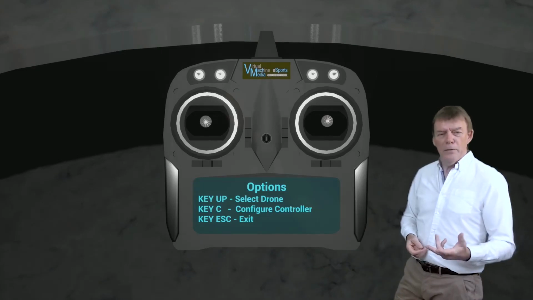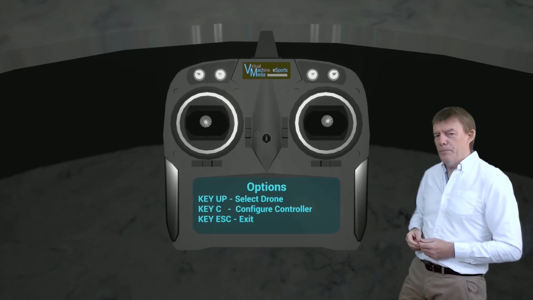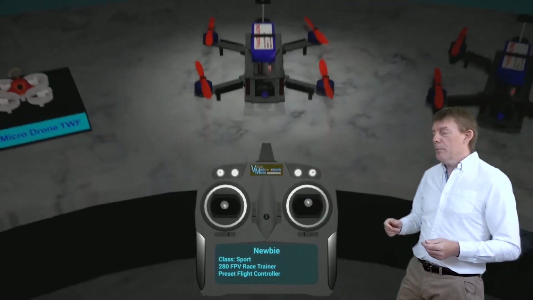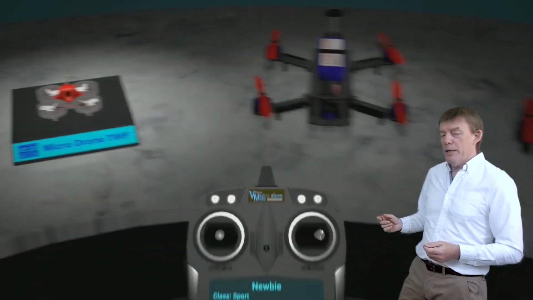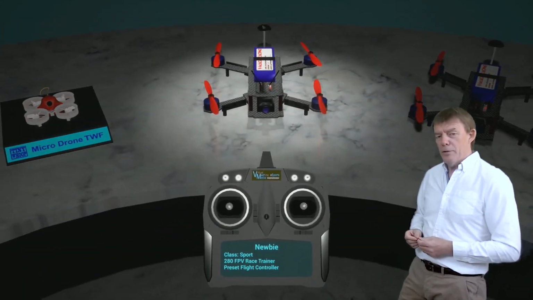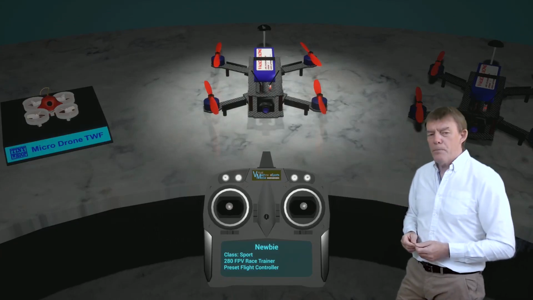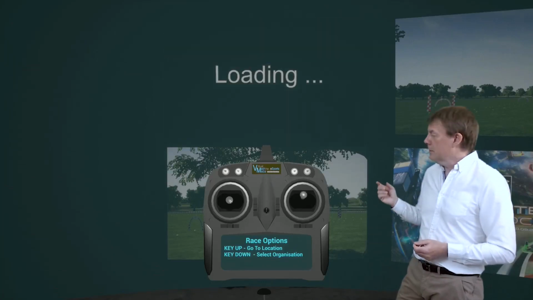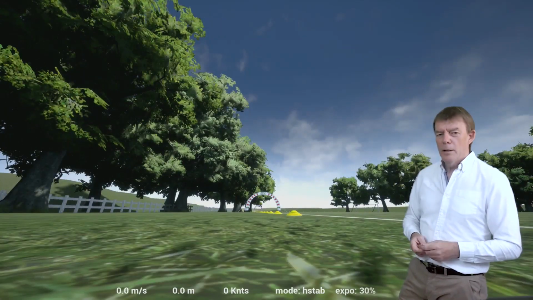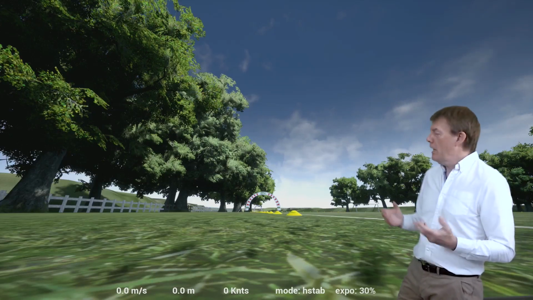With your controller configured, you can now use the joysticks to navigate your way around the selection room. Move the right stick up and we can see the drone selection. If we go left and right, we can choose a particular drone. Here we're going to select one of the trainer drones, and we'll use the Rotor Rush organisation and go to the training field. Okay, we're on a field, we're looking through the camera of our drone and we're ready to